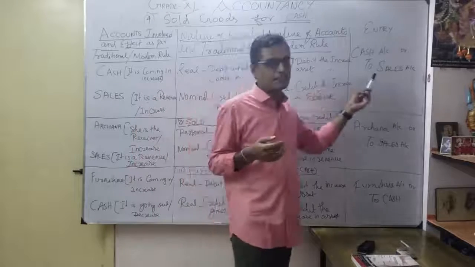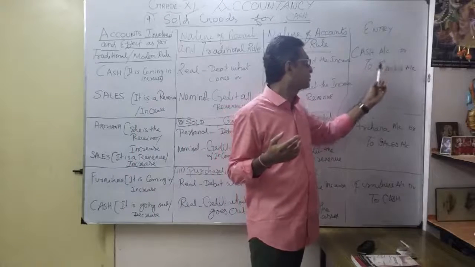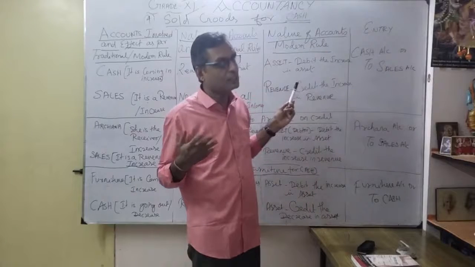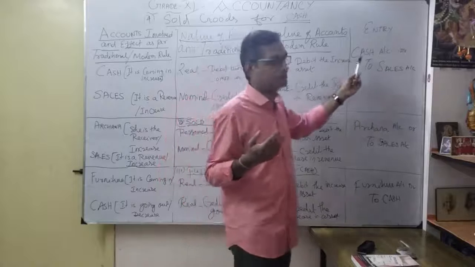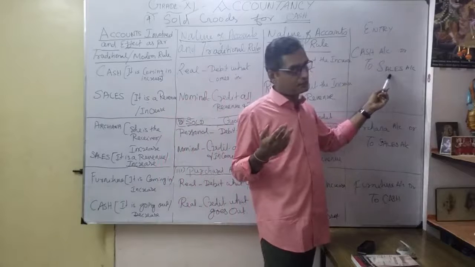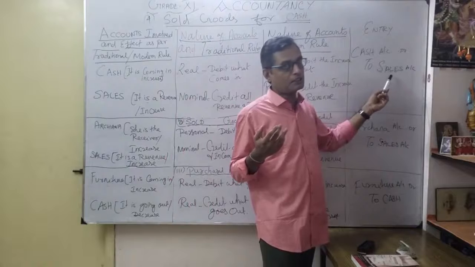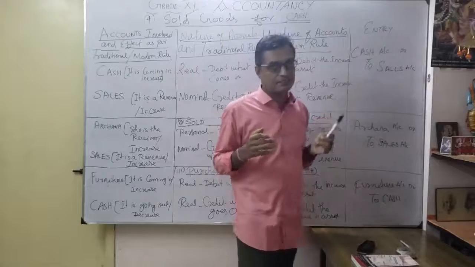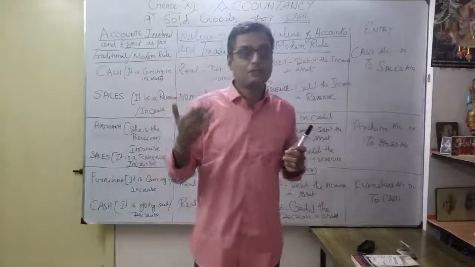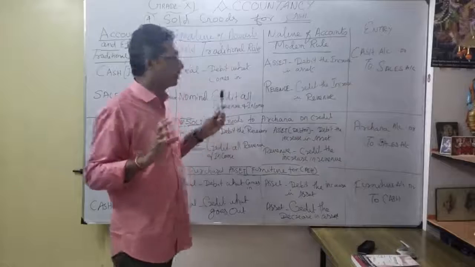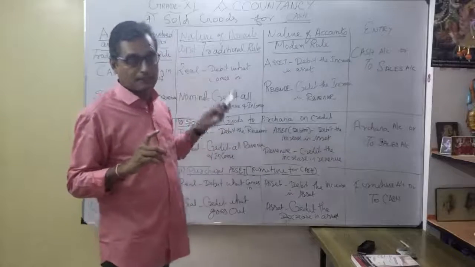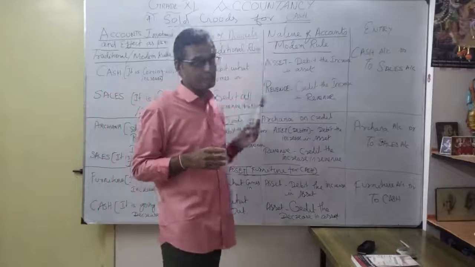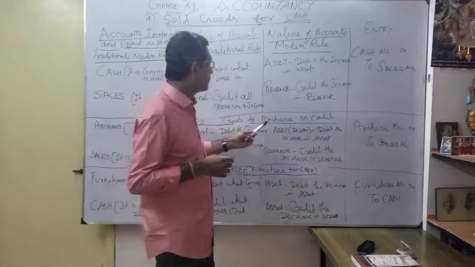So naturally, what is the journal entry? As you know, cash account debit to sales account. Okay, cash is coming under real account according to traditional approach, according to modern rule, coming under asset. Here according to traditional approach, coming under nominal account, according to modern rule, coming under revenue. Okay, so here cash increases, here also increases. Correct. That's what the accounting equation is under modern approach, the five elements, as against the traditional approach. So understood now the comparison of traditional and modern approach for this particular transaction. Sold goods for cash. Now coming to sold goods to Archana on credit.